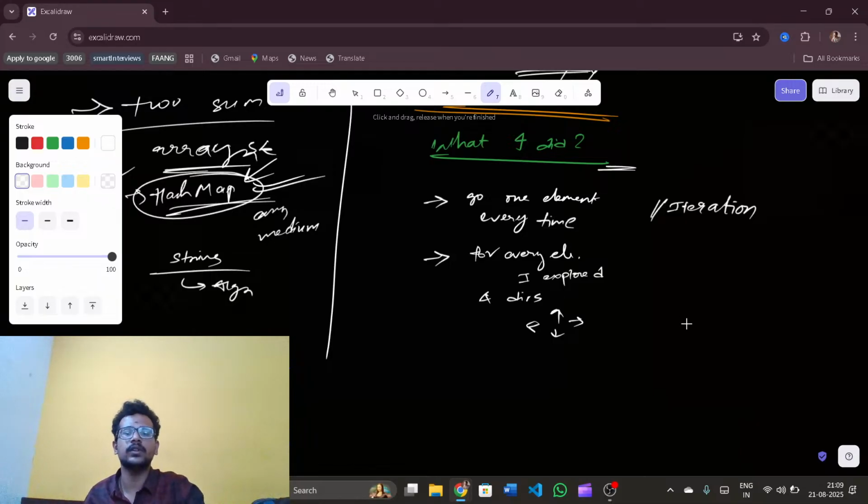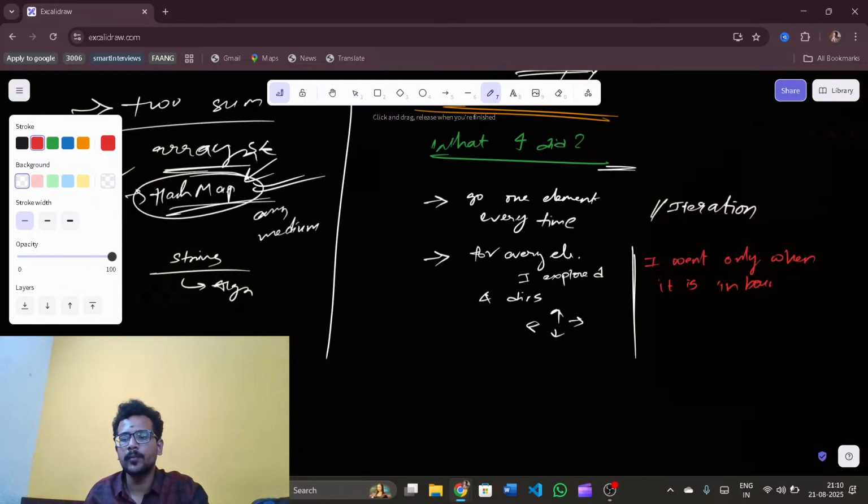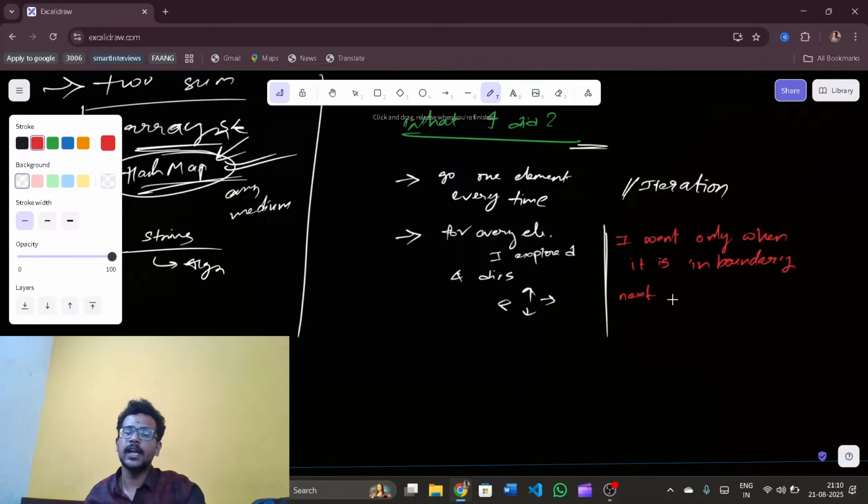Okay, let's go with the problem. Now 4 directions: top, right, bottom, and left. So I have these 4 directions where I can go. Now I need to write something else for these 4 directions. For every element I explored 4 directions, but I need to write it in red color. I went only when it is in boundary and the next element, the element which I am going to,